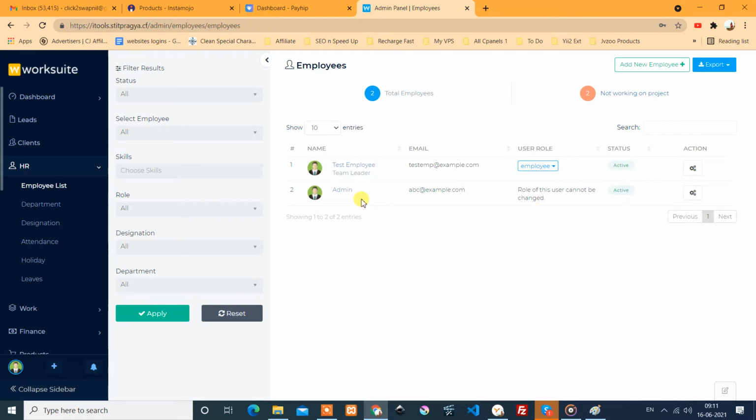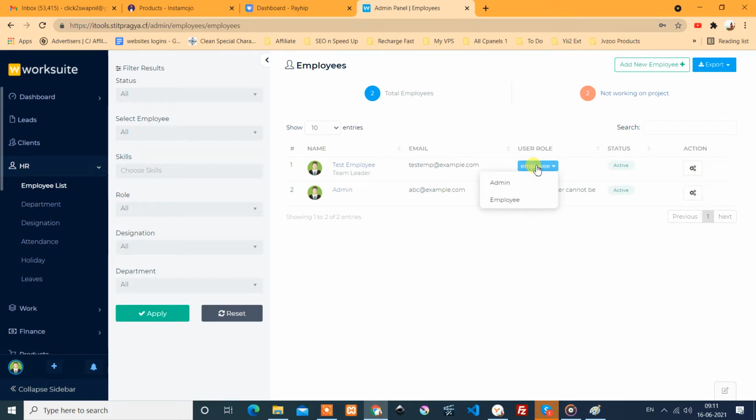So the admin role can't be changed because it has a higher level of authority than other employees in the system, and at any time you can assign the admin role to multiple employees. If there are many tasks, and it increases the load of using the system on one user, you can make many admins.